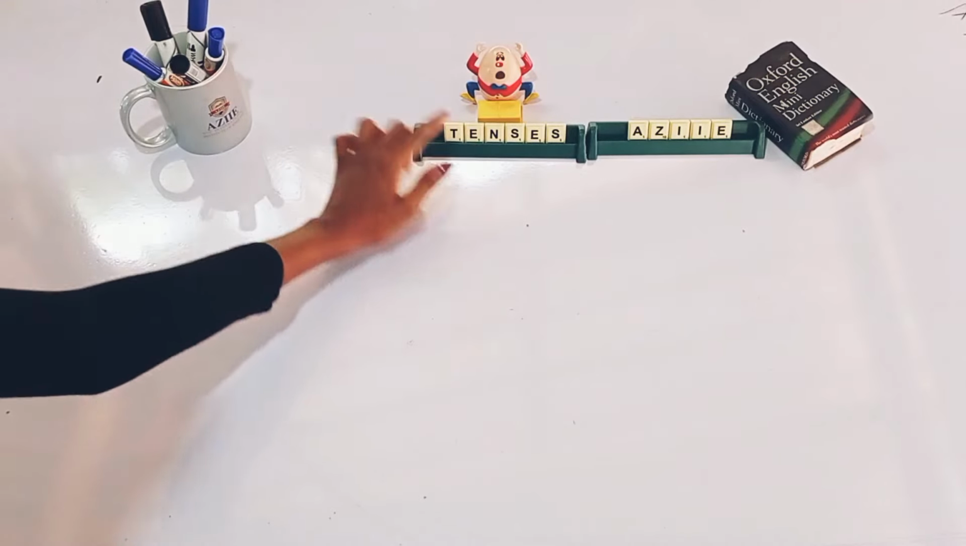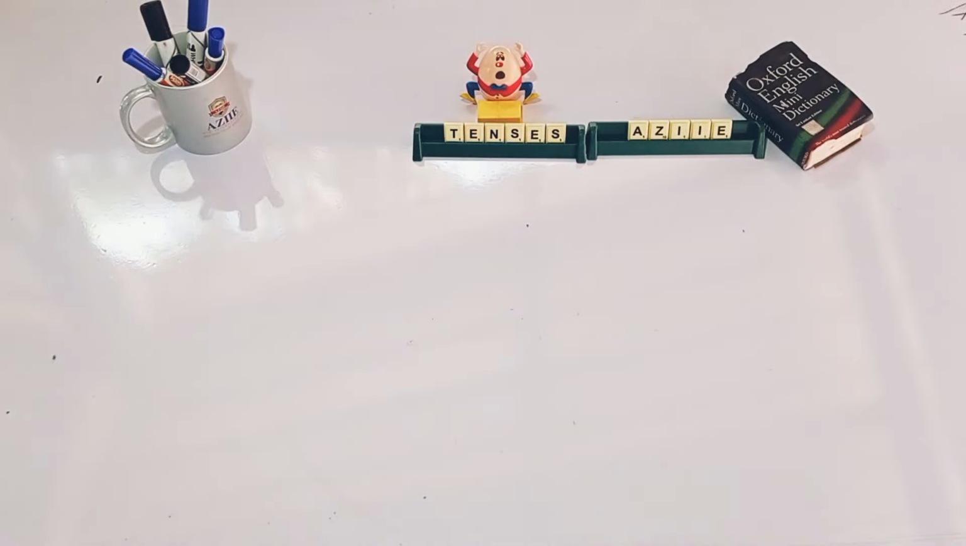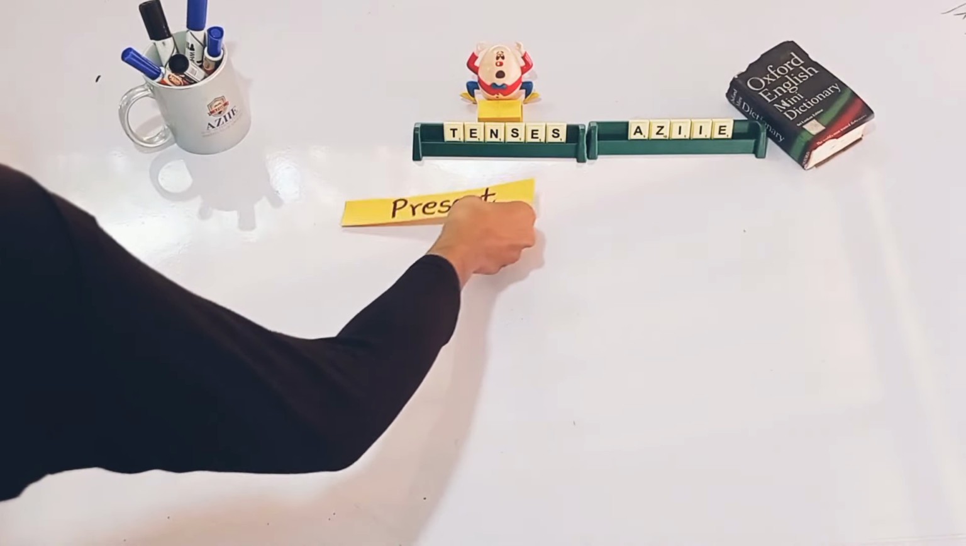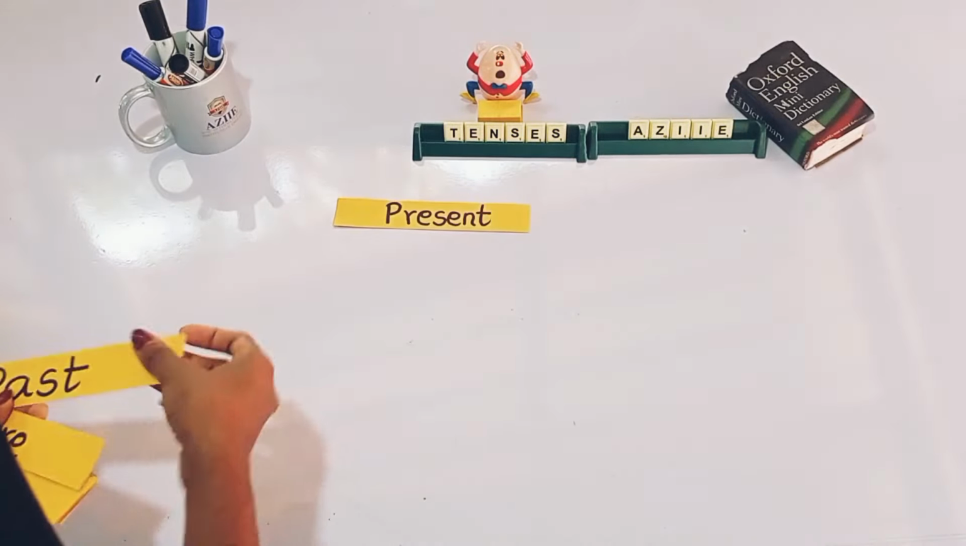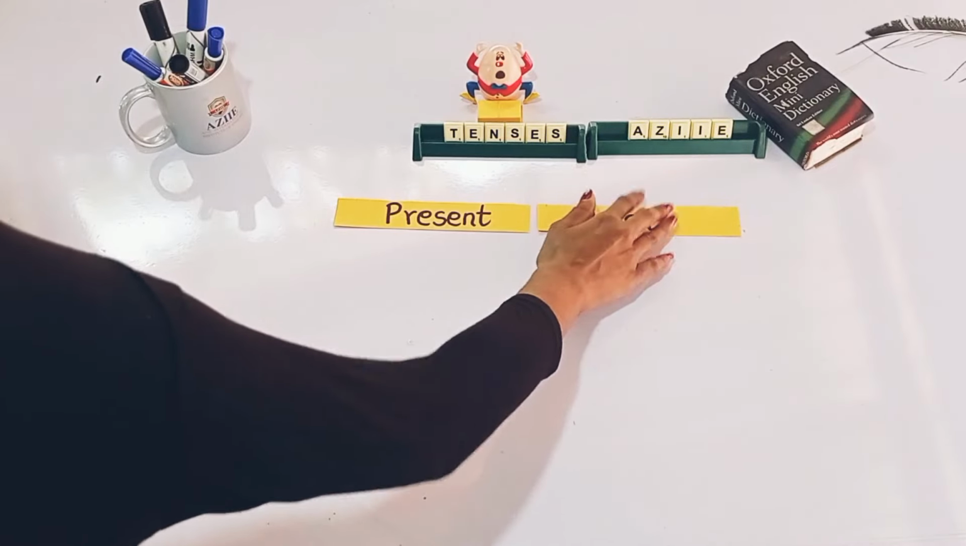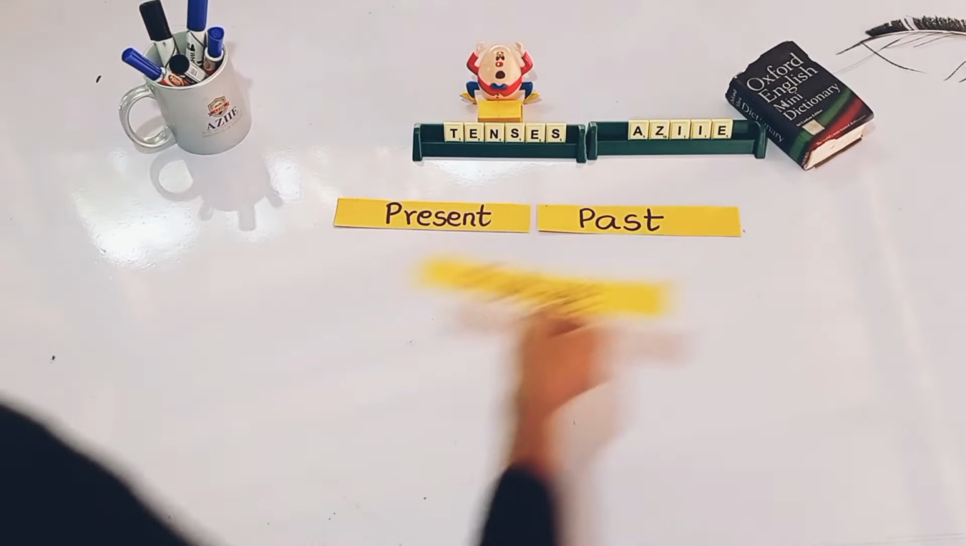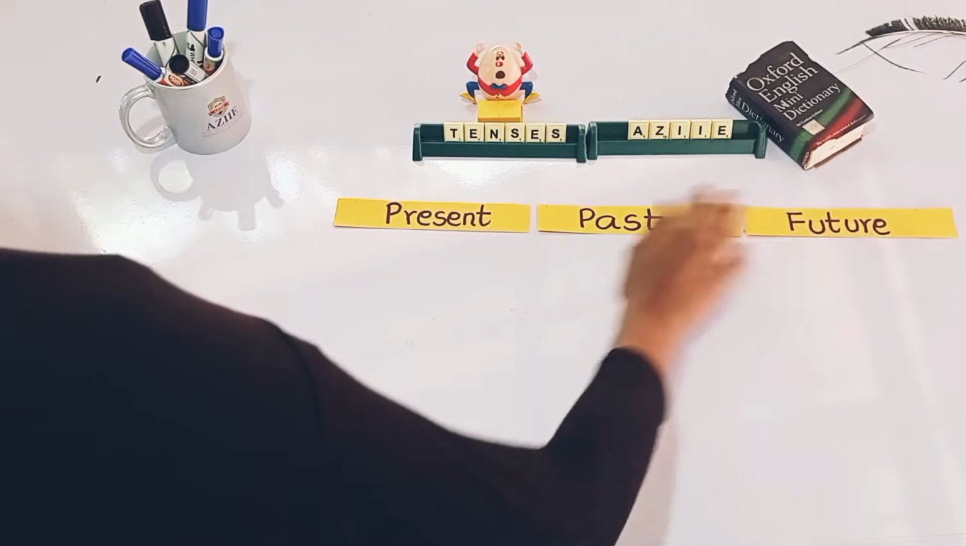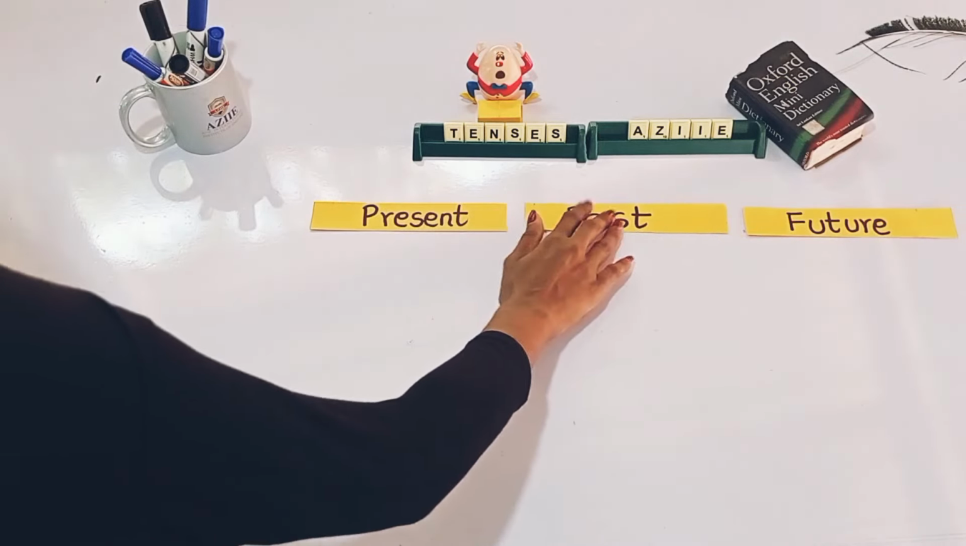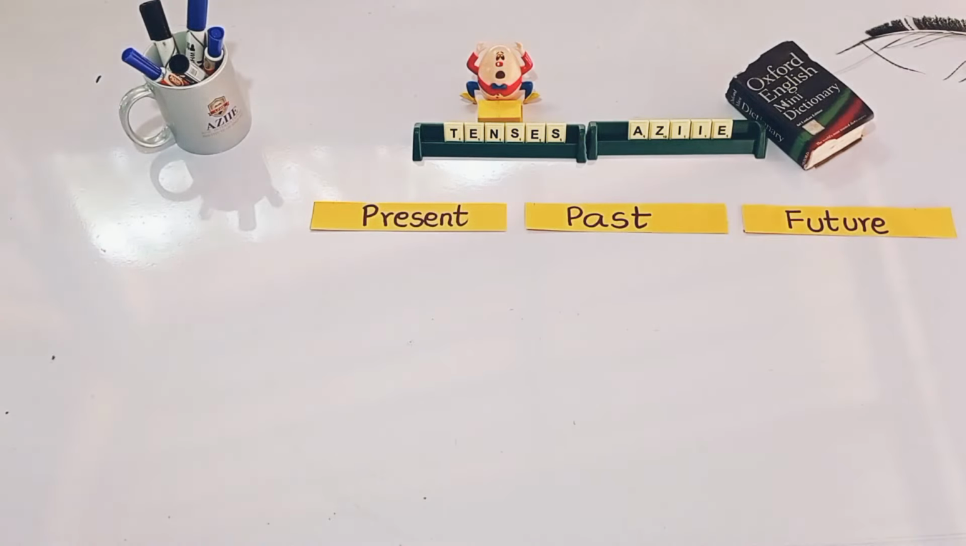In this lesson, I am going to give a short introduction to all the tenses. There are 12 tenses in English. First of all, there are mainly 3 tenses: present tense, past tense, and future tense. Each tense has 4 parts. They are: